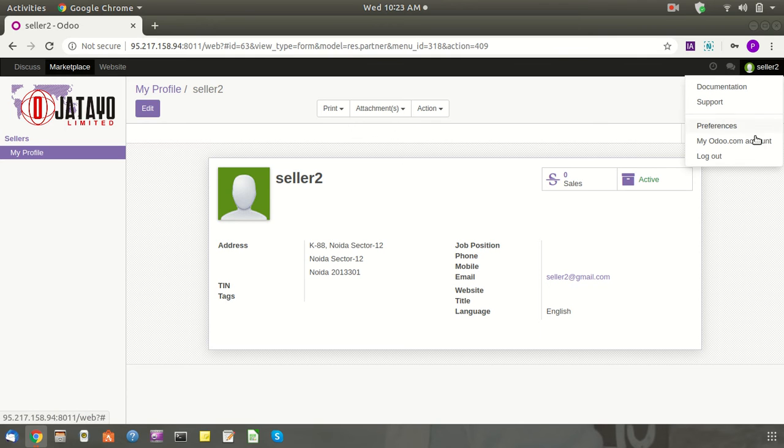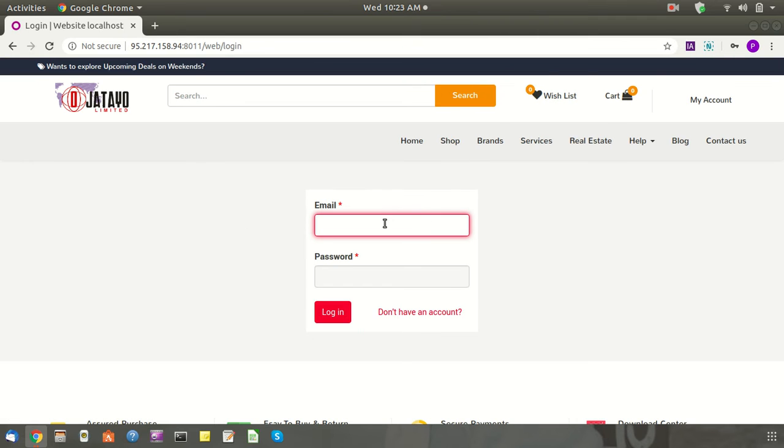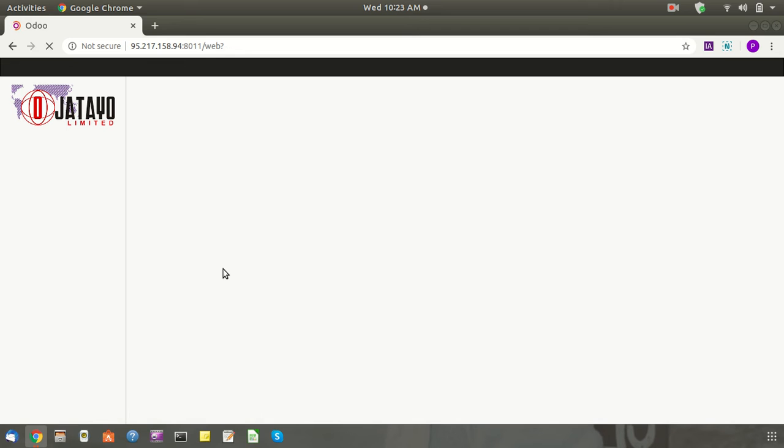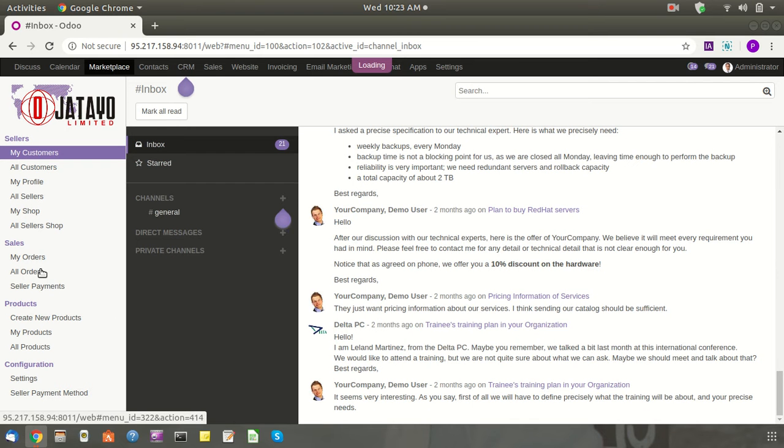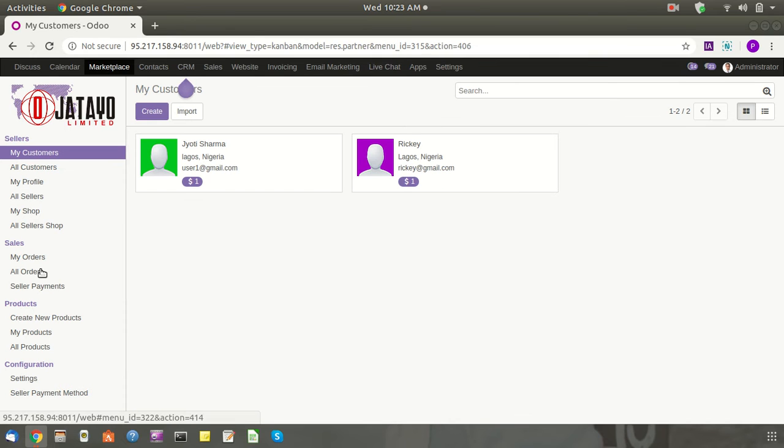Now log in with admin. Come to the marketplace, and then come to all sellers.